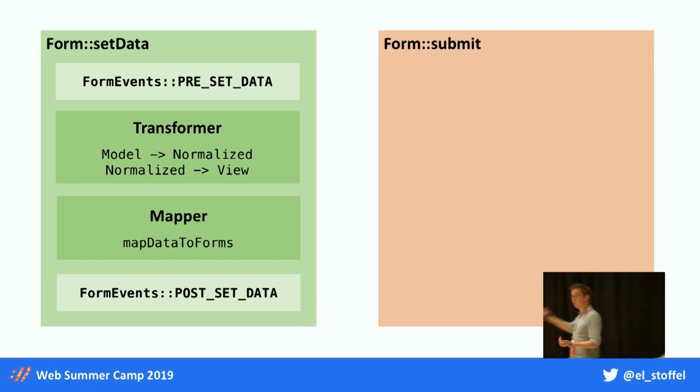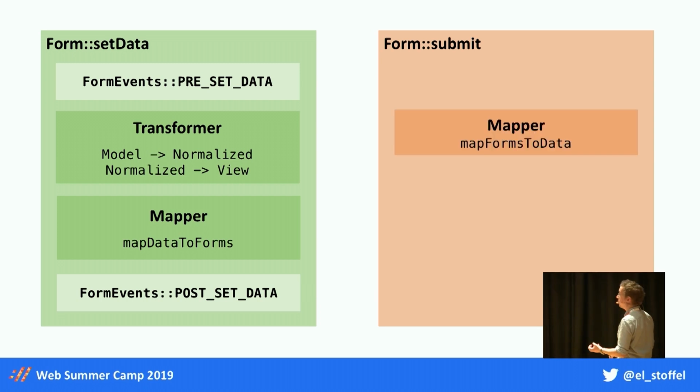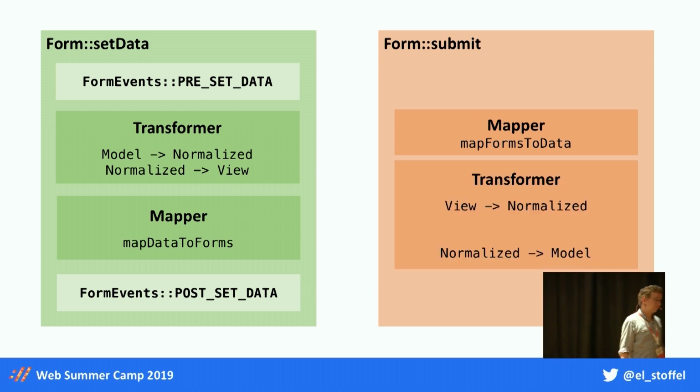And on the other hand, we have the submit, where the submitted data is written to the given object, and we have a data mapper that maps the data from form to the object. And after that, we have the data transformers once again,